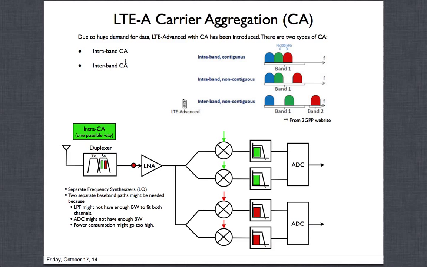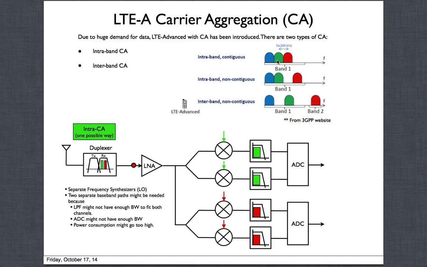So you have diversity improving your rate, receive diversity, and on top of that, rather than just transmitting on 1 channel, you're saying that you will do it in 2 different channels, and that is called carrier aggregation, where you don't have 1 carrier, you actually have 2 carriers. Now, are the 2 carriers going to be close enough, far enough? Based on that, we have these 2 categories called intraband and interband. Intraband means it's within a band.